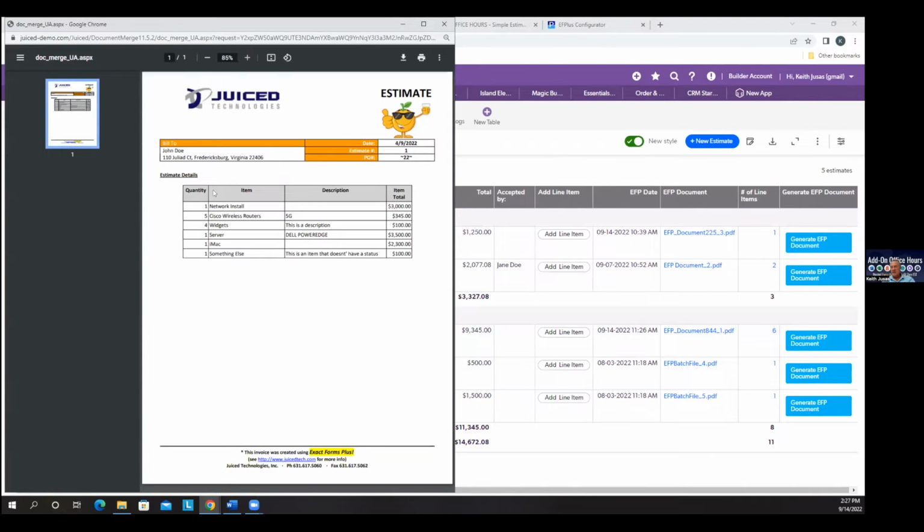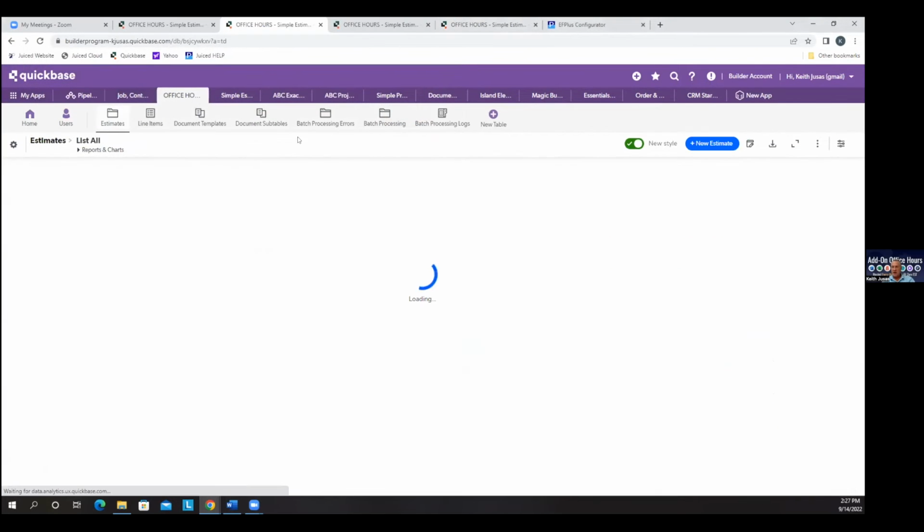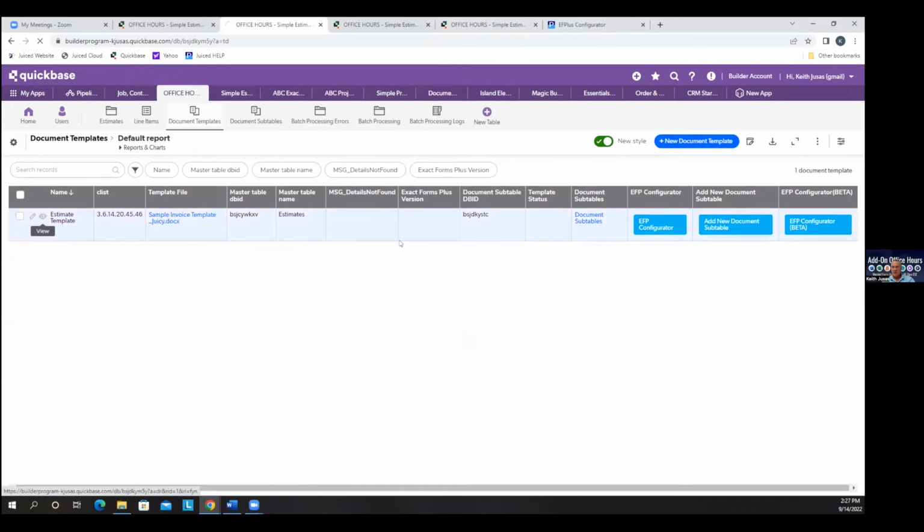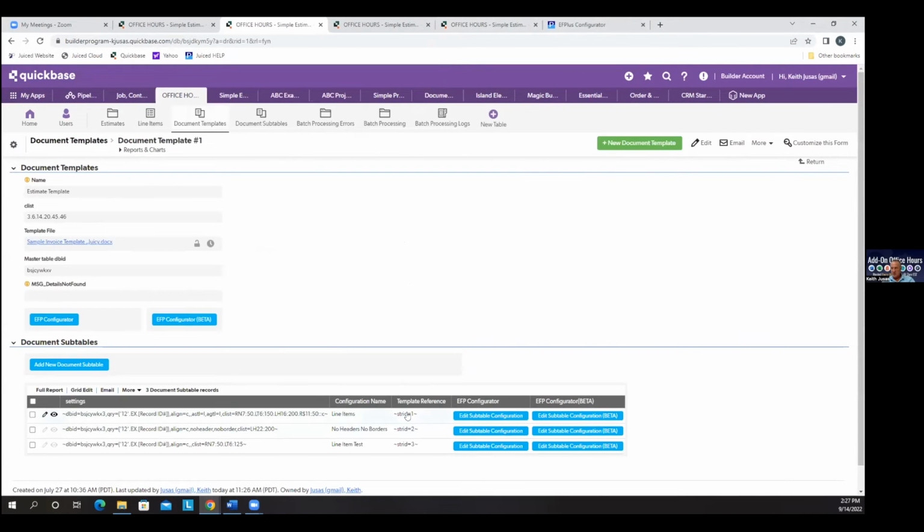And all I really did was I selected a couple more columns. But that's great. So here I selected 4 different columns in the configurator, and I chose the fields I want. But you know what? I want to dress it up a little bit more because I want to make it look a little bit fancier. Maybe I want a subtotal. Maybe I want to do a couple custom things here to these columns. So I'm going to close this. I'm going to go back to my document template, and I'm going to look for stred equals 1